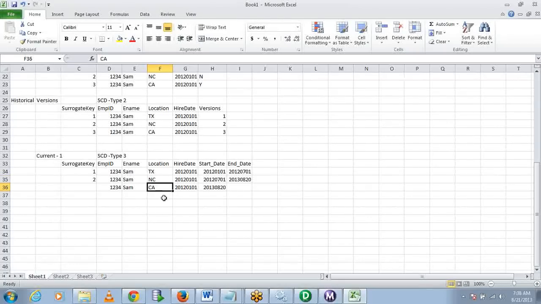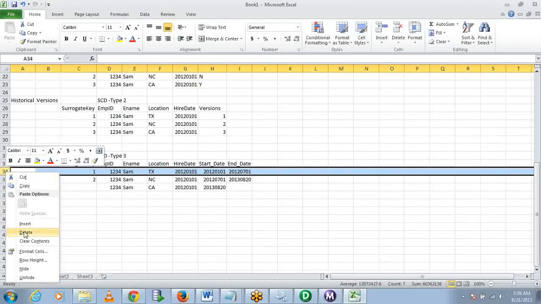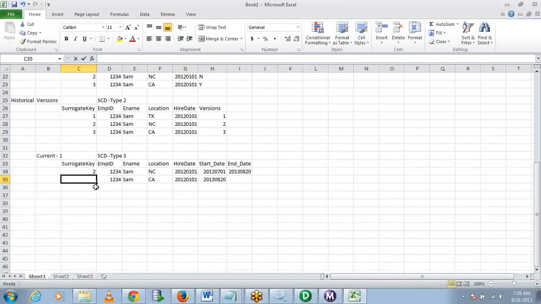Now let's say he recently moved to California, then this will be shifted. This record will be gone, and you'll have a new entry here, and this will be the current one. So in this dimension, for a particular employee, there will always be only 2 entries, which is the current and the most recent one. Okay, let's say he moved again, so